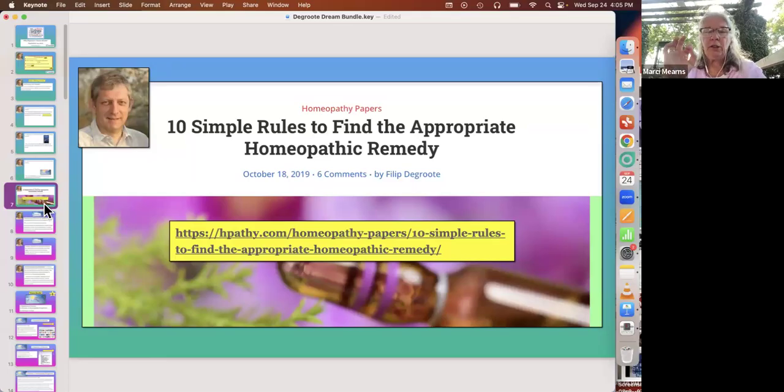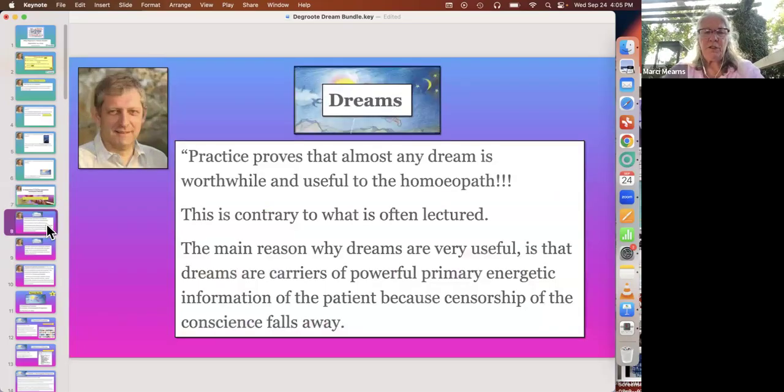Okay, so let's jump in then. I want to give you guys a little more background on Dr. Degroote. I found this article on Homeopathy the other day. There's a link. And this is an excellent article with just lots of juicy information. So I would encourage you to take a look and you will get a more thorough perspective on his point of view and how he approaches what I would call perhaps the combination of the classical with some of the more modern approaches, what he refers to as the energetic homeopath or energetic homeopathy. Okay. So let's jump into the dreams.